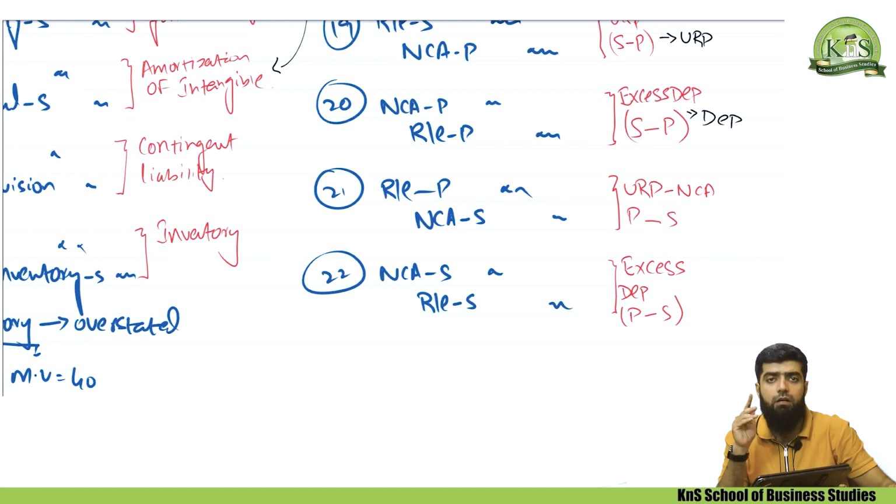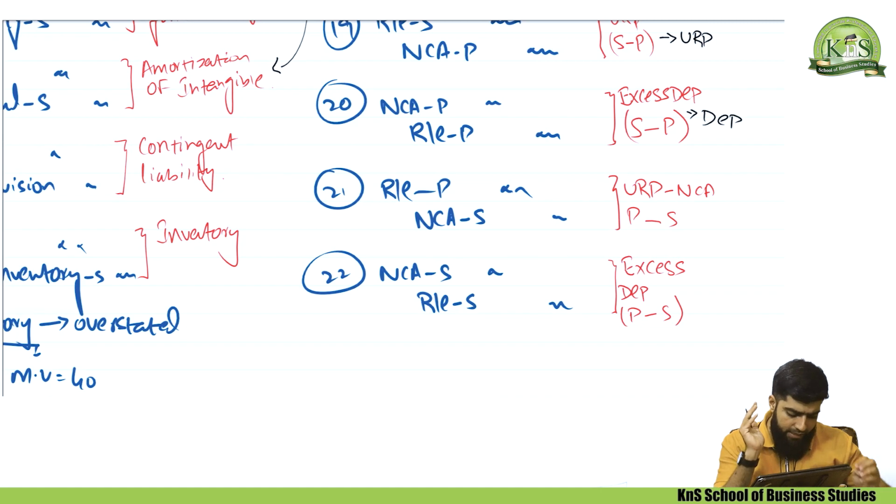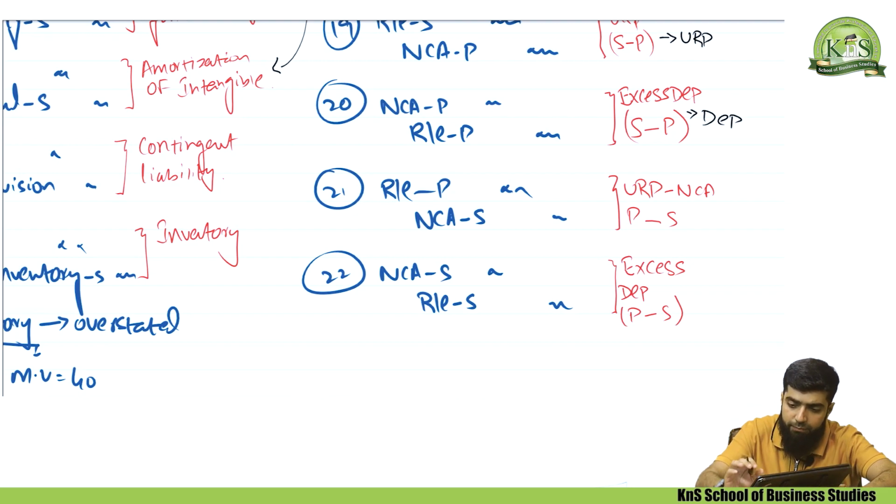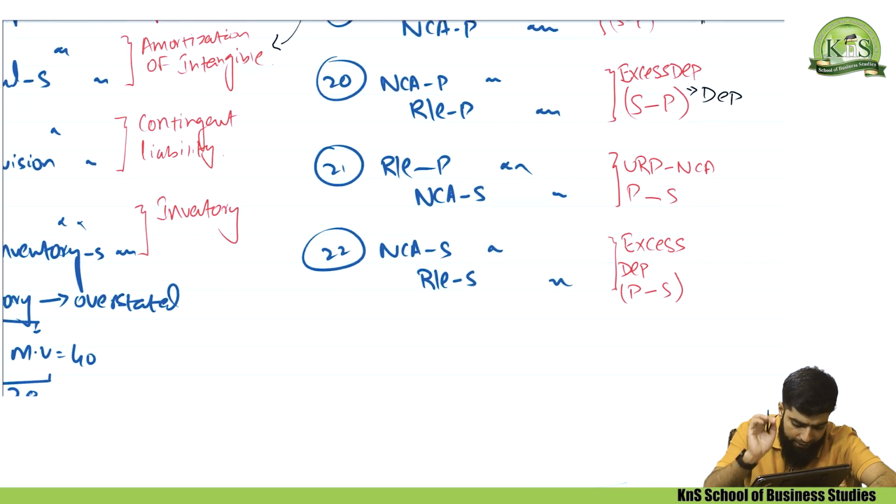And always remember, whenever the retained earning of S company is being affected, it means that adjustment will be made in the net assets working. So that is the adjustment that needs to be accounted for in the accounts of the subsidiary company and the parent company. Okay, so these were all the adjustments that are related to the balance sheet side only.